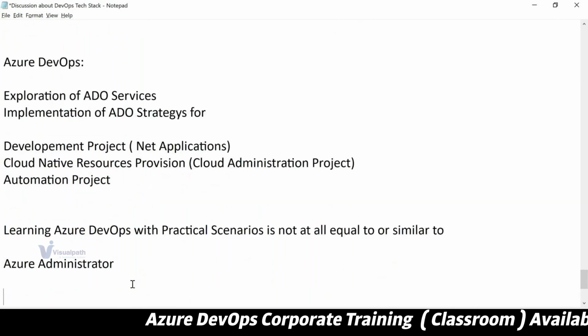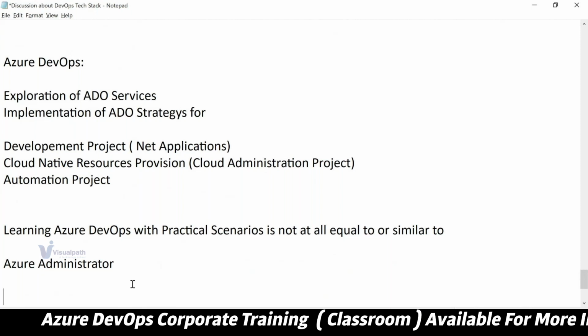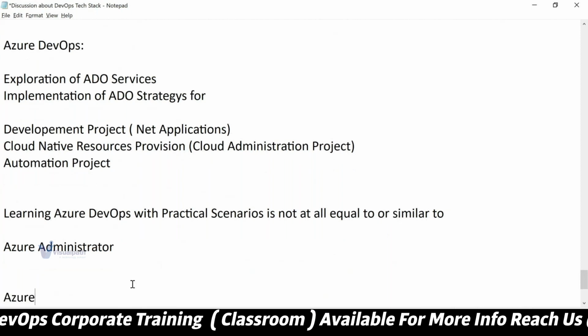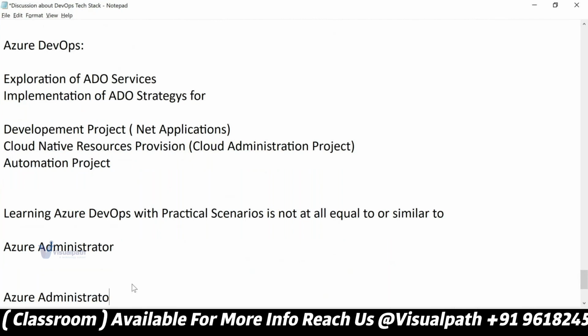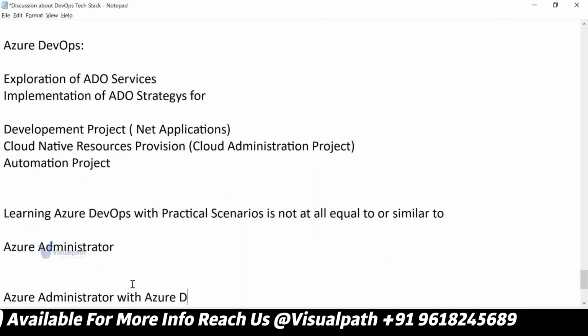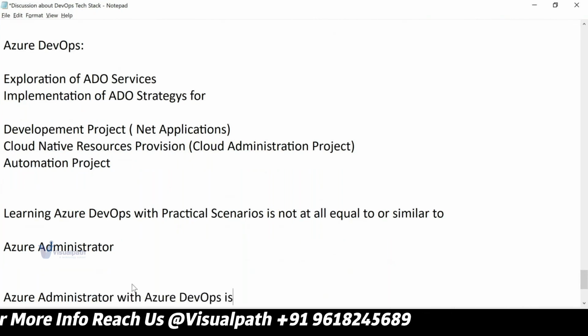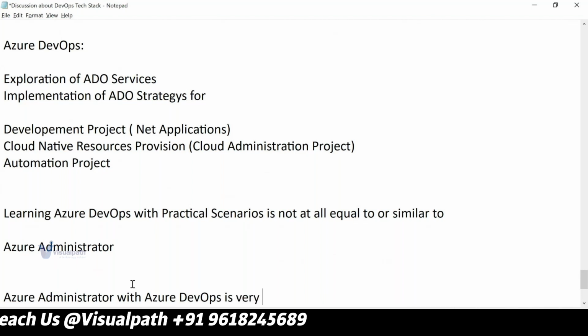There is a difference. Azure Administrator with Azure DevOps has a very low probability,